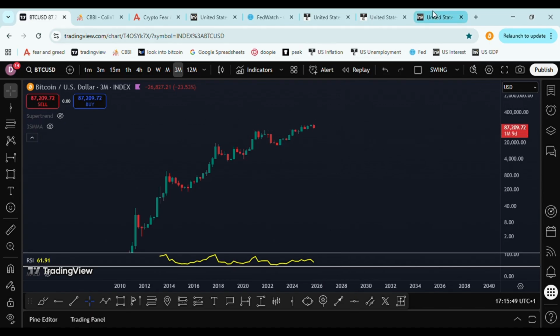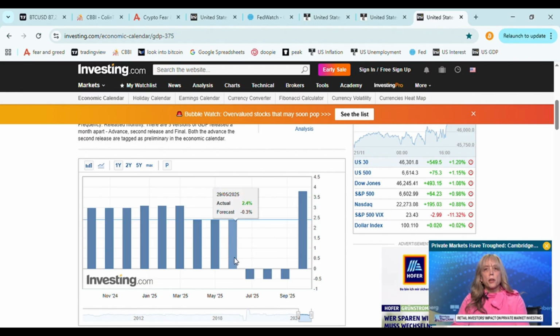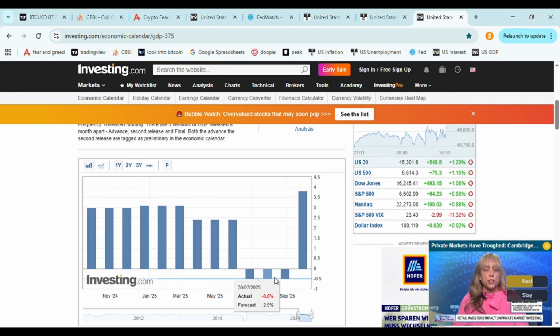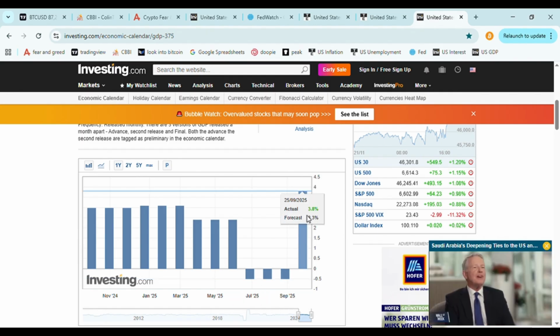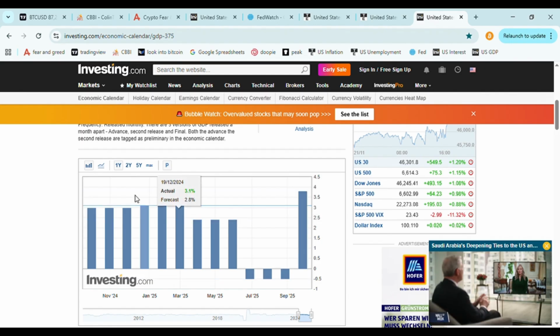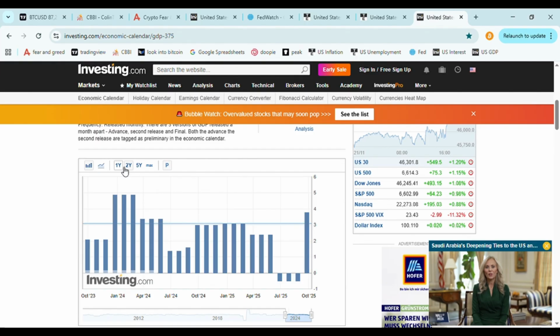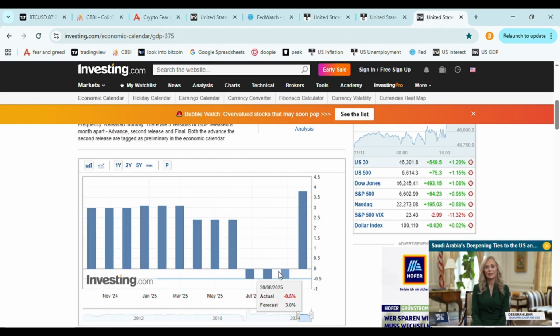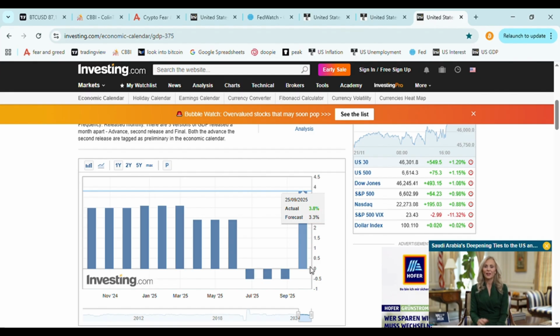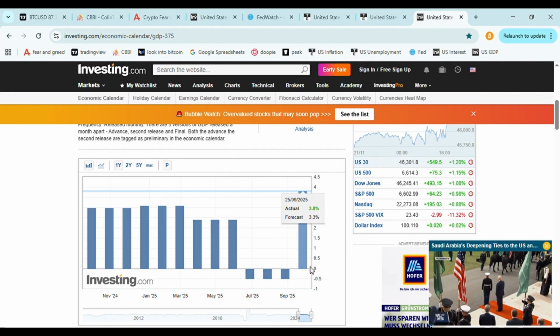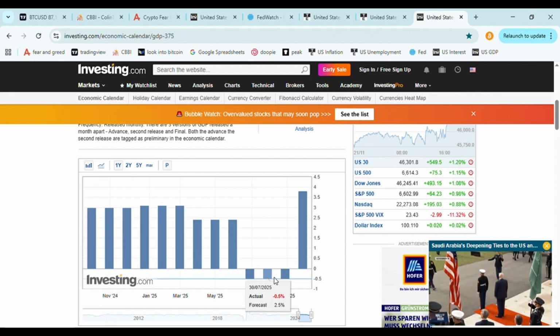I want to start by looking at the GDP. As you can see, GDP here has been negative, which is not a good sign. That's not good for the economy, of course. And then the last data, from September, was pretty strong, the strongest one that we've seen in a year. So that is good. But we have to keep an eye on this, see how it's developing. The expectations of companies and people is that the economy is slowing down and the economy is not growing that much. So yeah, that is not a really good point.